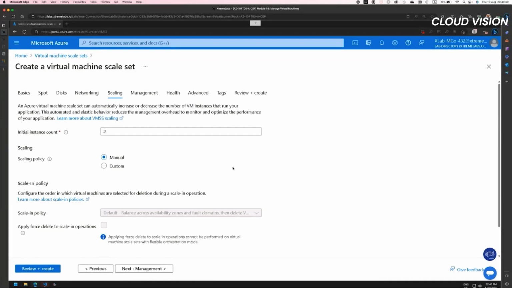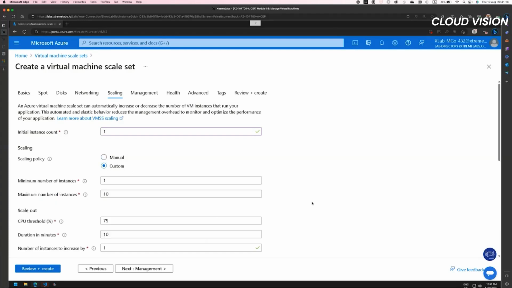As per the presentation, you can see that the scaling happens based on the initial instance count, how much is the maximum you want to go, and how the scaling needs to happen. You can set the minimum as 1; the minimum has to be 1. You cannot do 0, and it will complain further down. So let's start with 1. You can do a manual scaling policy, or you can do custom. And in custom, you can actually put it down like,